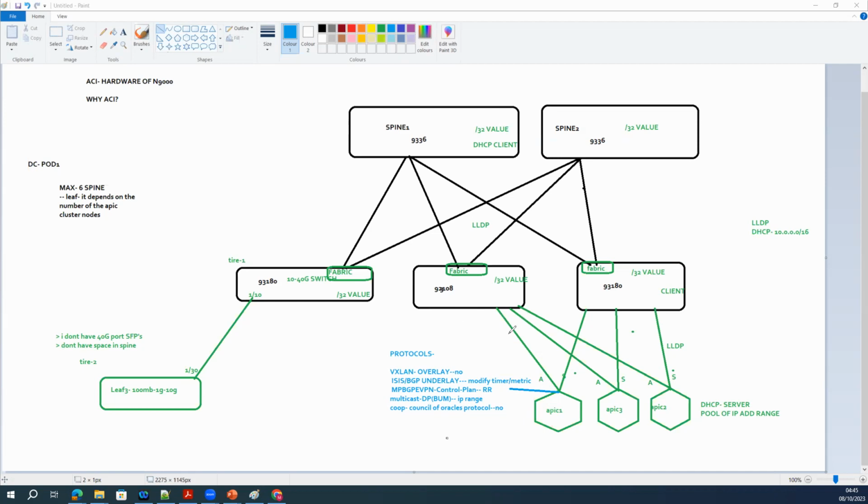Now, multicast is the dense mode you told? No, that's not dense, that's not sparse or anything. Okay, that's the multicast for the leaf and spine BUM traffic. That's for layer 2 traffic and unknown layer 2 traffic, unknown layer 3 traffic. Okay, sparse mode is where you have an IGMP request. This is not an IGMP request.